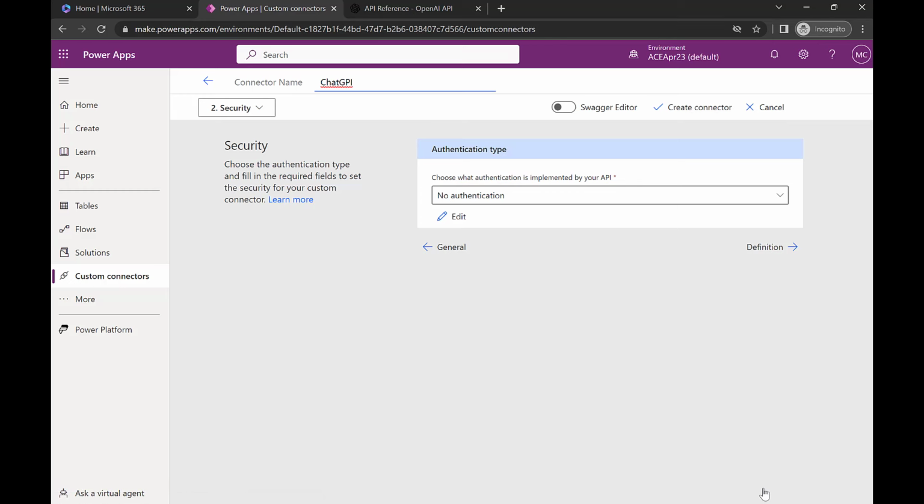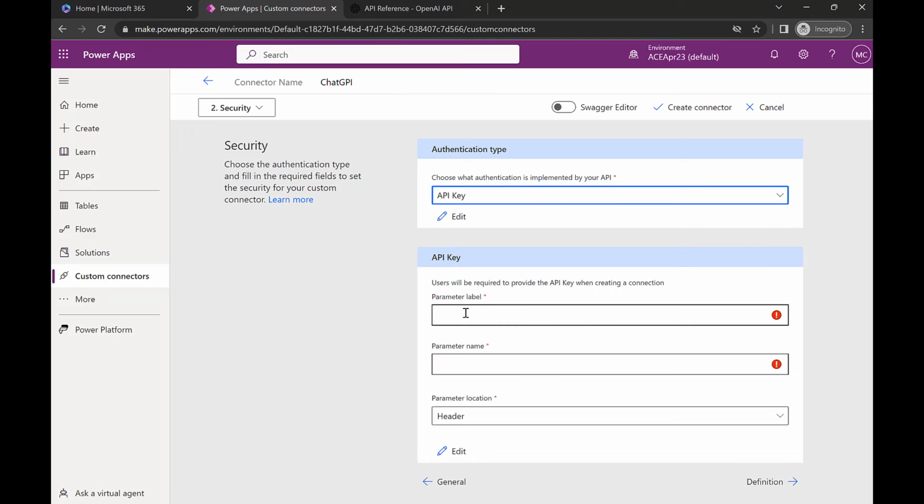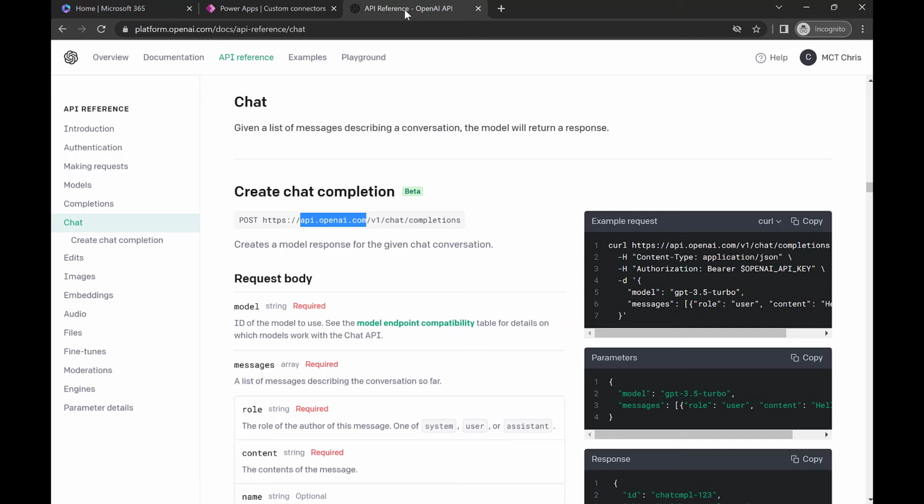Click on the security so that we will be redirected to the authentication type. We need to, of course, choose the API key. Name the parameter. I'm going to name it as API key. And then for the parameter name, let's just be consistent and look at a sample of how we pass the